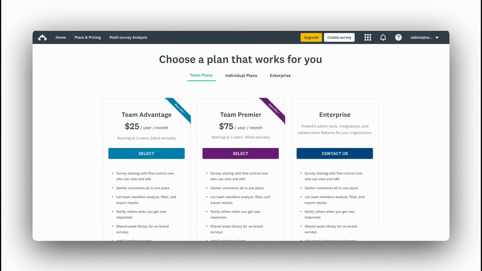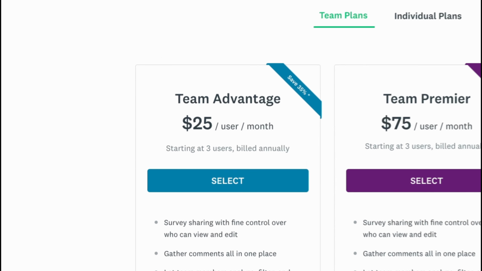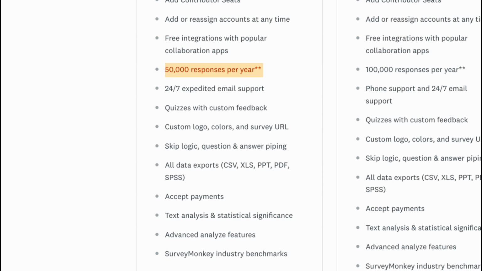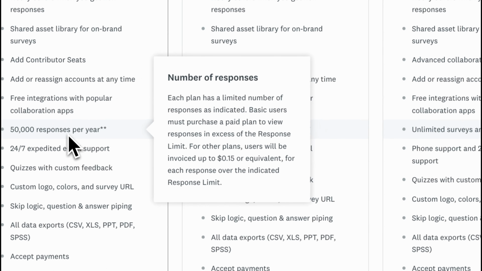Pricing. SurveyMonkey prices start from $25 a month per user for a paid team plan, with a minimum of 3 users, so really you have to pay at least $75. You will need a team plan to connect HubSpot. If you are using a SurveyMonkey basic free account, you will not have access to the HubSpot integration. Also, you will only be able to see a sample of responses unless you purchase additional access for 15 cents